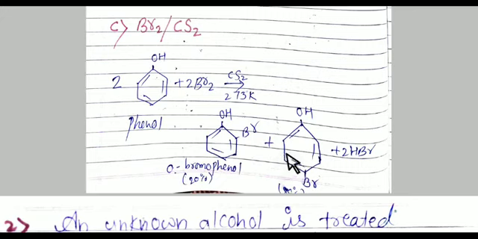Whenever bromine attacks on the ortho position, hydrogen is removed from here. Whenever bromine attacks on the para position, hydrogen will be removed from here. Two hydrogens will be removed, and the total Br here is 4. So from the 4 Br, 2 are attached on the ortho and para positions, 2 Br remain, and the byproduct is 2 HBr. So these are the reactions in which the reagent reacts with phenol.